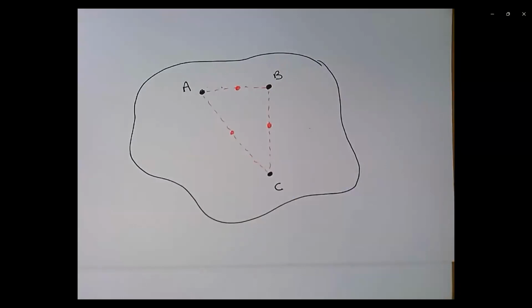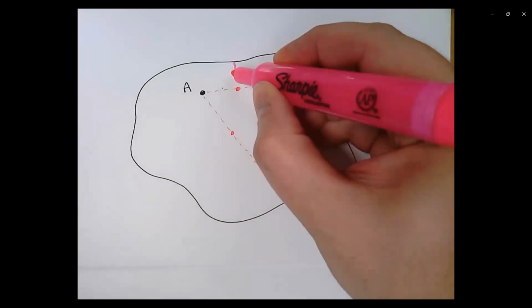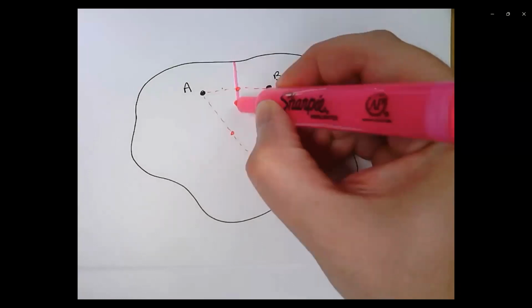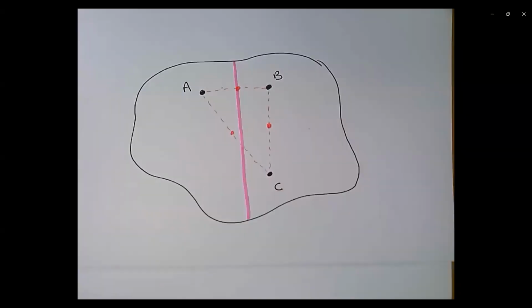And now the pink lines I'm going to draw, I might overshoot a little bit, but that's okay. So let's do the point between A and B right here. And if I do a perpendicular bisector there, really that line is saying anything to the left of it is closer to A, anything to the right of it is closer to B. And if those were the only 2 stations, we'd be done.